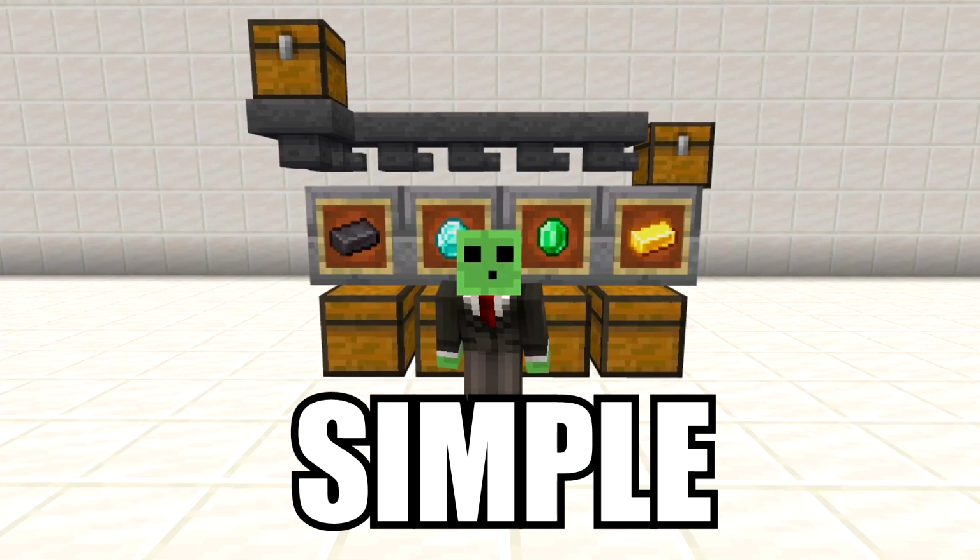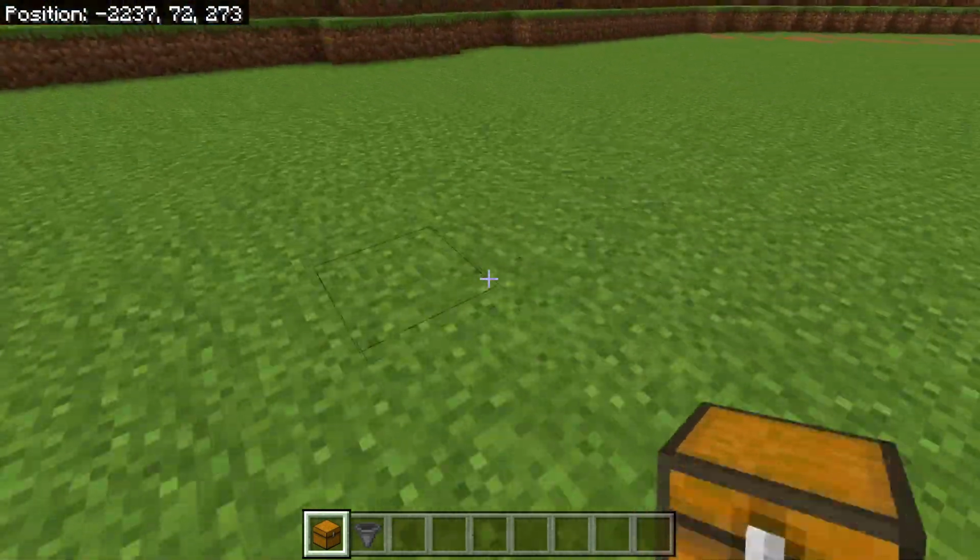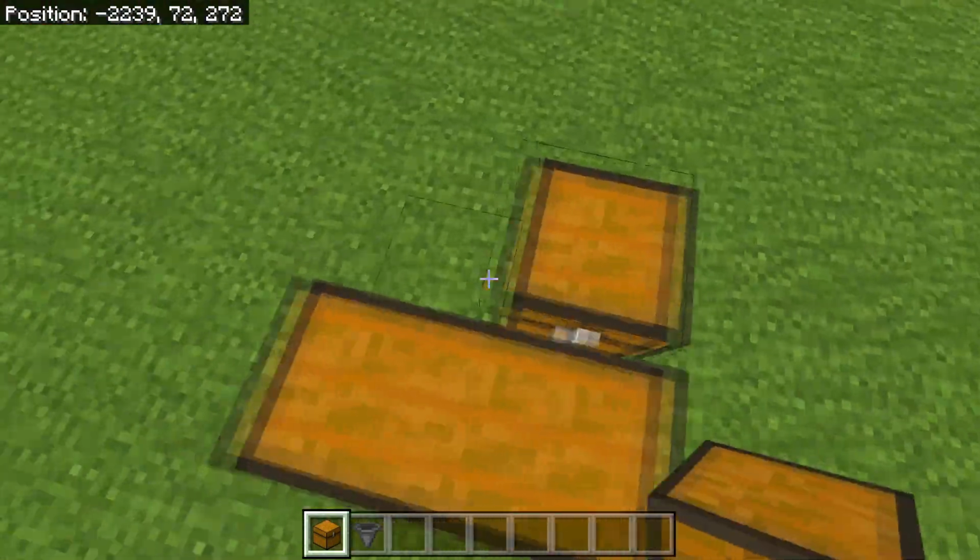How to build an easy and simple item sorter in Minecraft. These are the items you will need for this item sorter. Okay, so the first step to this farm is to place yourself 4 double chests right next to each other,